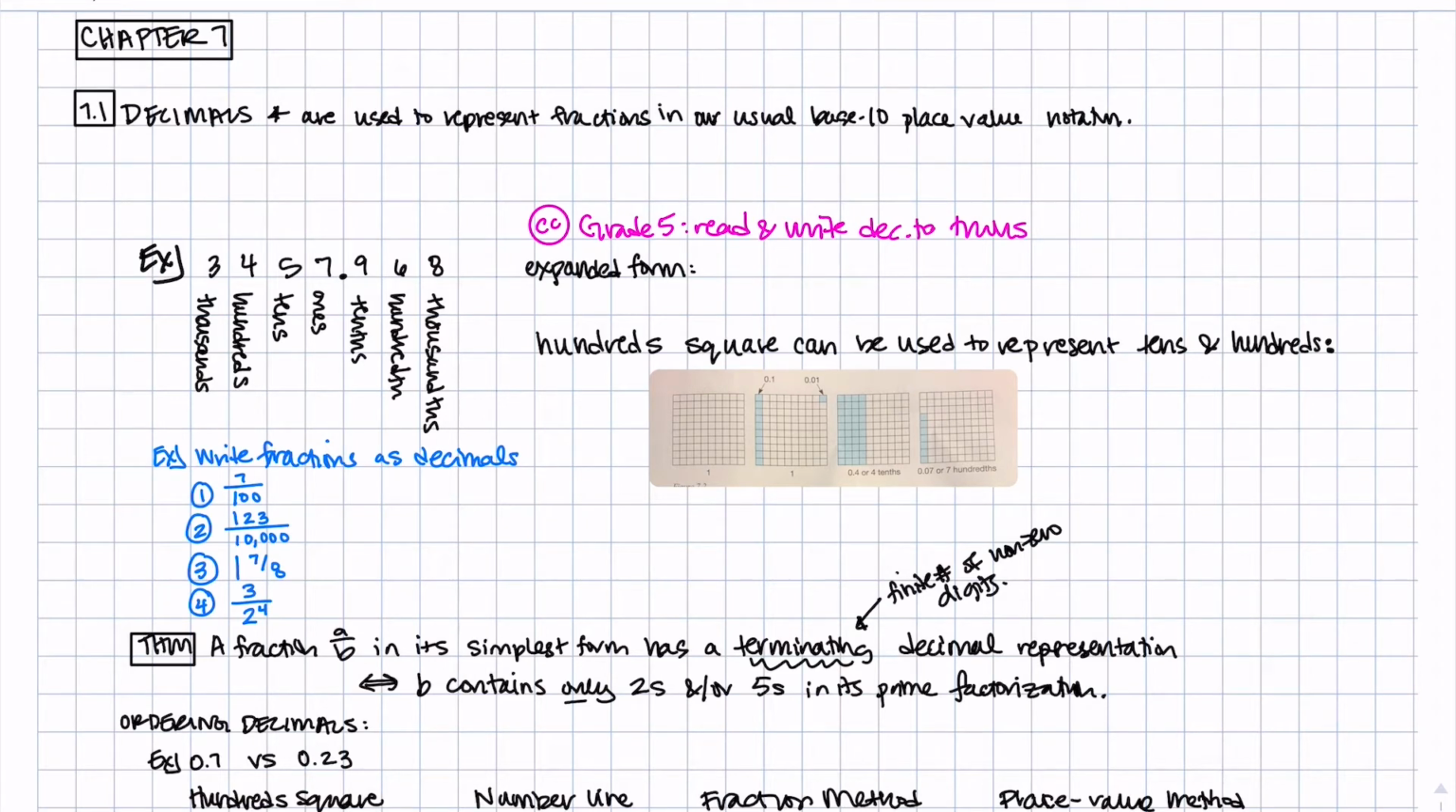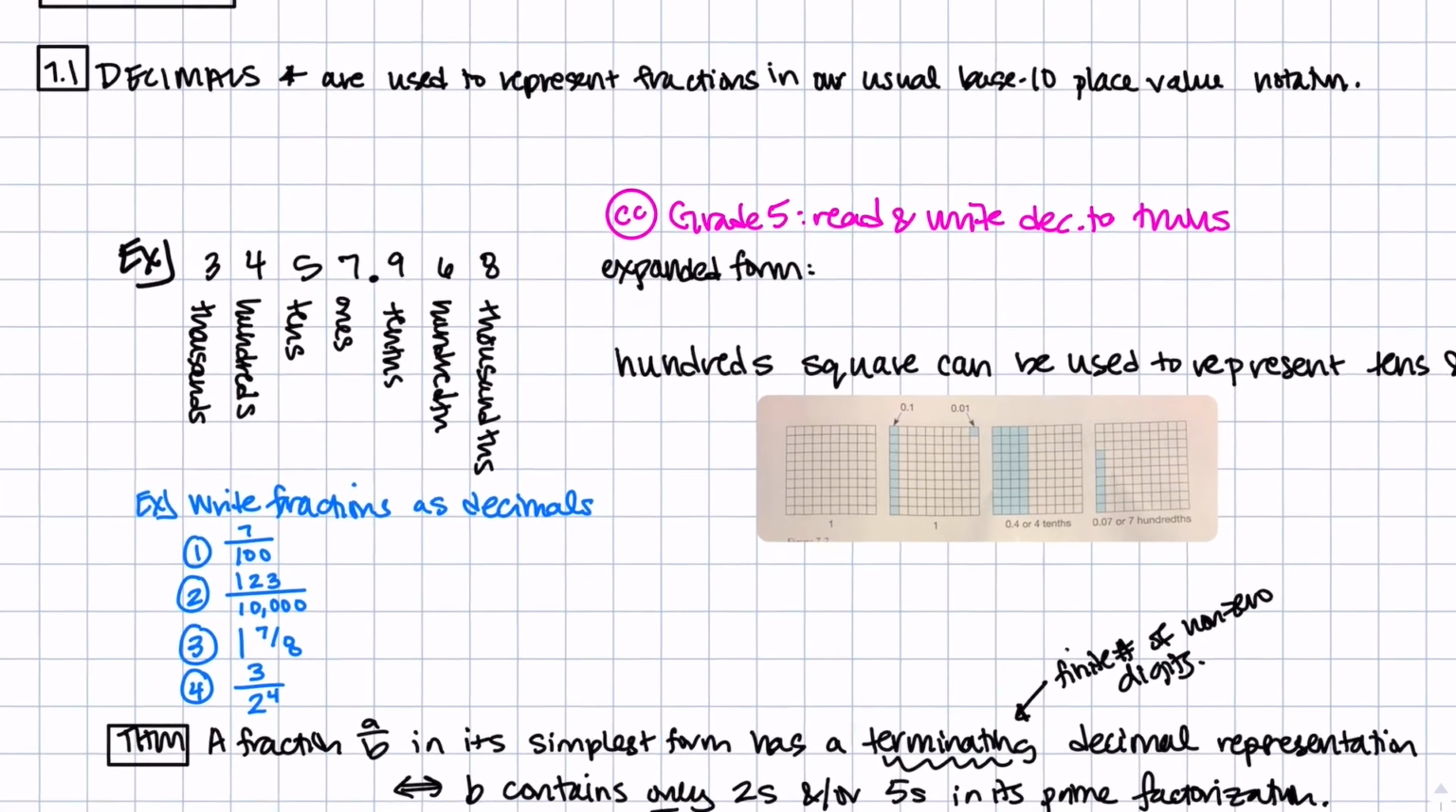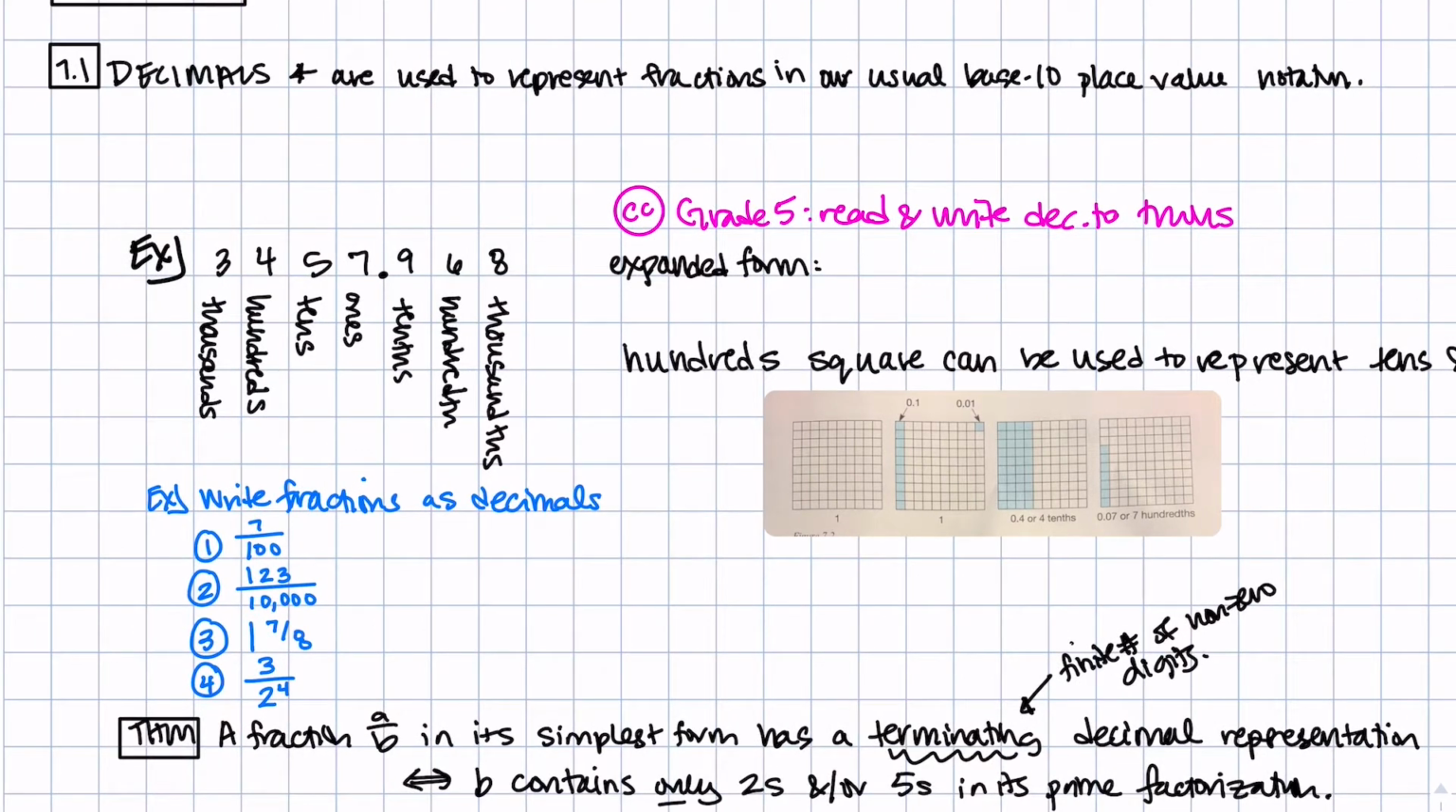Welcome back. So we're going to continue on talking about Chapter 7, and Chapter 7 is focused on decimals, ratios, proportions, and percents. So we're going to start off section 7.1 here, talking in detail about decimals. And so decimals are used to represent fractions, but in our usual base 10 notation. So let's start off by looking at an example of a decimal here, this